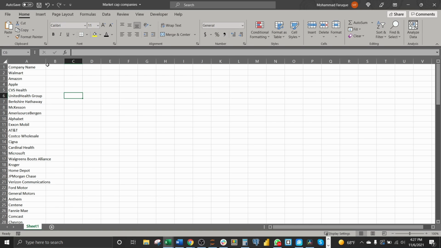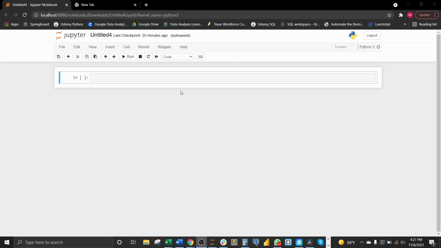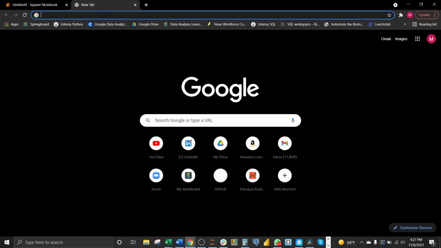For example, I have the top 100 Fortune 500 companies on here, and then I put the names list here, which are about 100 of them, and I want the Python script to automatically go into the web, go into